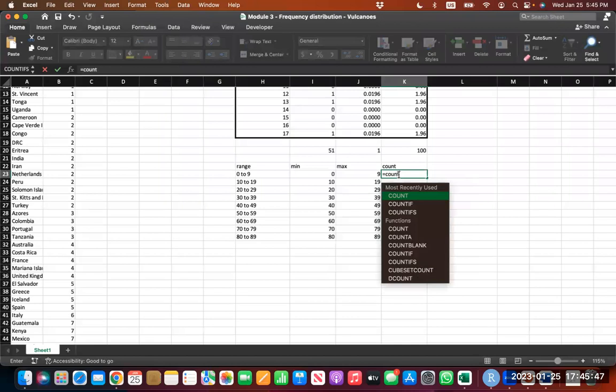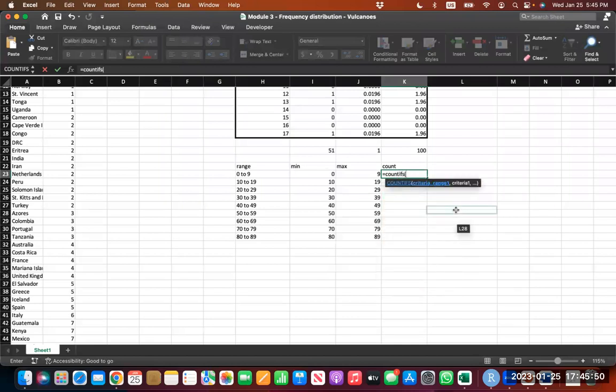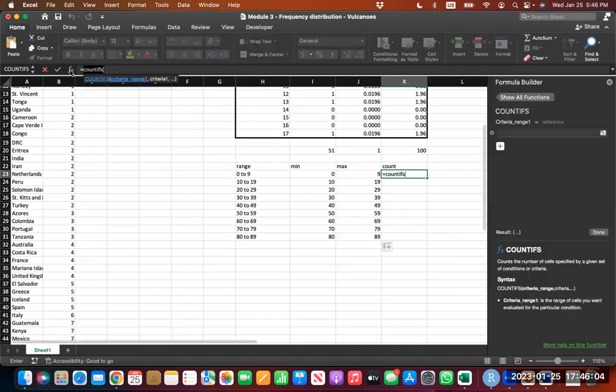And if you do count ifs, let's do this in the so-called formula builder. If you write count ifs and you click on the left upper side, you have fx. That is a clarification of the formula. Now you open up the so-called formula builder. And in the formula builder, you can actually do this in an easier format than just entering it. So if you say the range is now $B$2:$B$56,